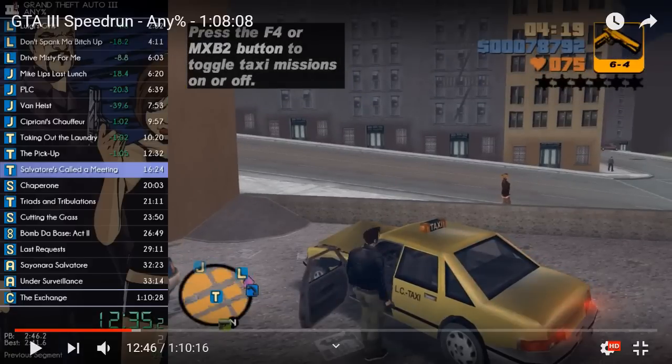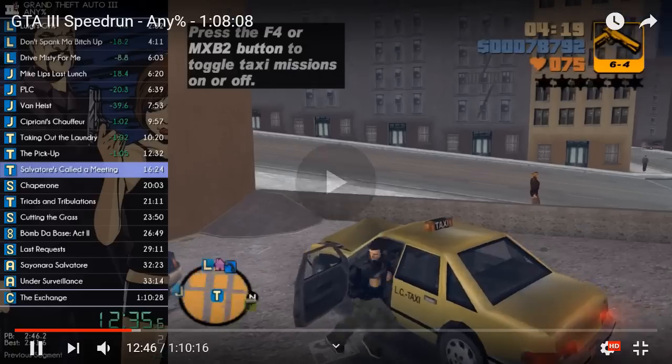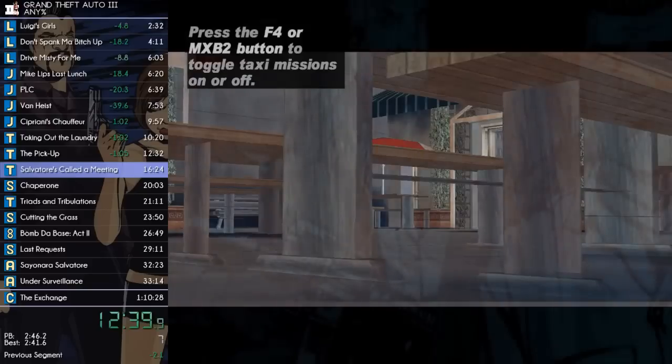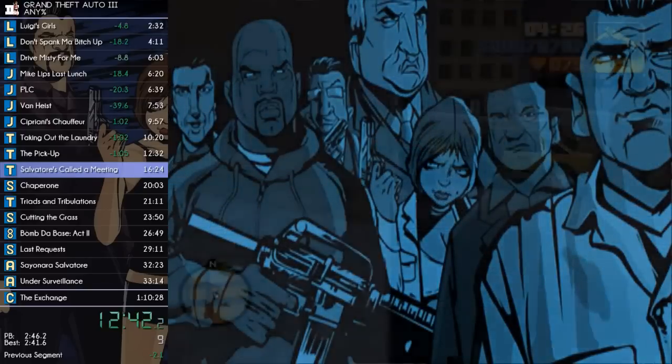So now he's finished the pickup, right? And then he's gonna get back into the taxi and then hold the taxi submission. So he's holding caps lock or whatever right now, as you can see by him running backwards. What you're gonna want to do is complete this entire mission while holding taxi, so you can start a rampage